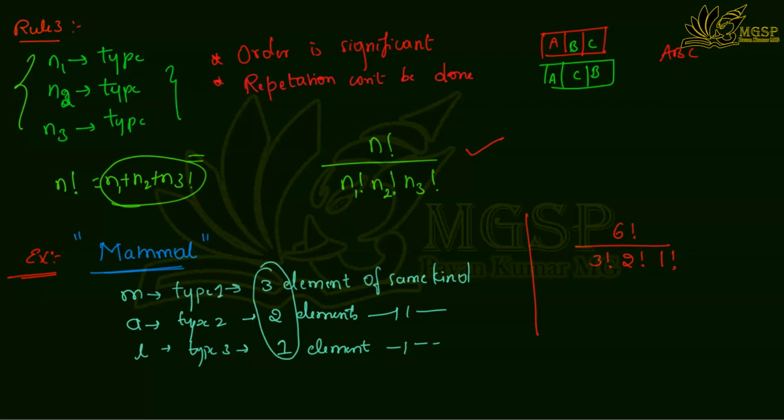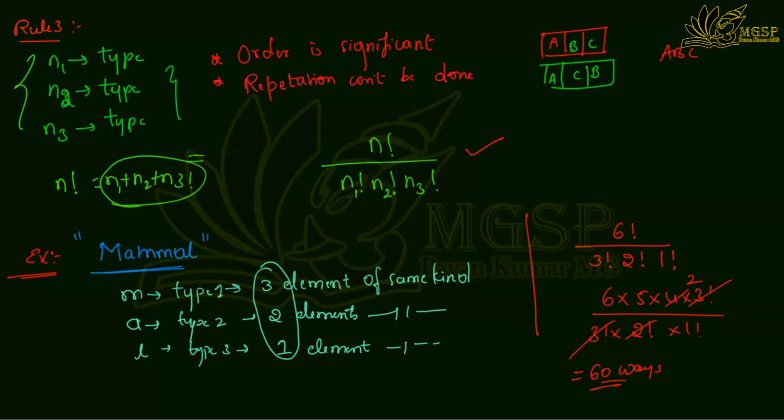Now the number of ways you can write as 6 into 5 into 4 into 3 factorial, whole divided by 2 factorial into 3 factorial into 1 factorial. So 1 factorial is nothing but 1, 3 factorial cancels with 3 factorial, 2 ones are 2, 2 twos are 4, next 6 fives are 30. Where have I gone wrong? One second. Yeah, it is correct only, 60 ways.